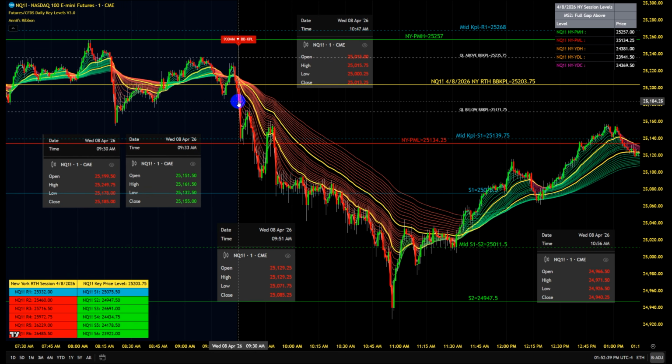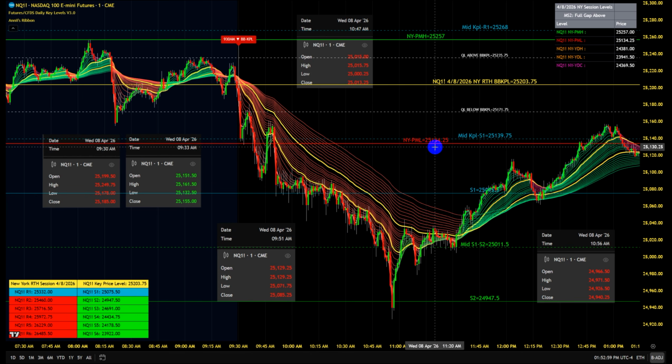As you can see, this candle closes here, so there's enough distance between here and the PML to consider this as a micro scalp. On this green candle with this long wick, it does touch and go slightly below PML. So when it hits the PML 25,134.25 on this candle, that is going to be